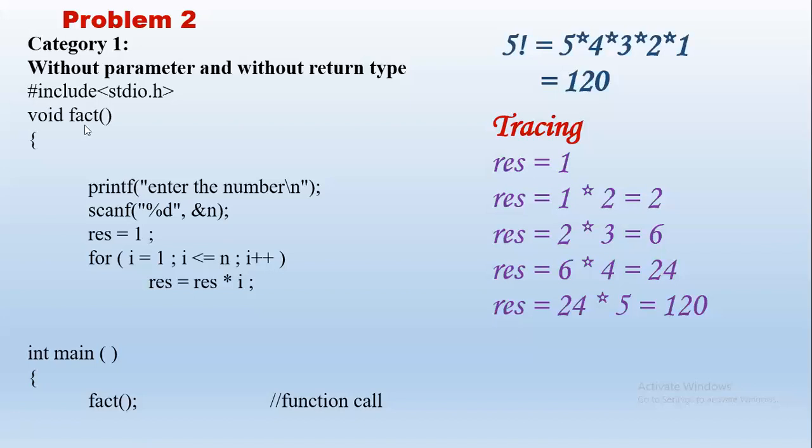Now if we see this type, it should not return any answer. But can we just stop here? Then there is no use of writing the program, right? The user wants to know the answer, but the developer does not want to print it in main. Okay. So here, because we cannot return the answer, we can print it here itself, right? Print it in the user defined function, because we cannot return the result in this category. So if we want to use without return type, but the answer has to be known, it has to be displayed on the console. So now we will give one printf statement in the function itself.